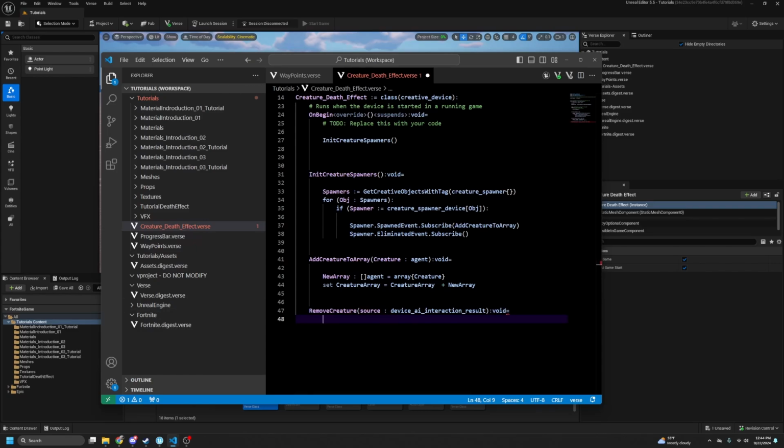So we need to spawn a new function, a new object, because we're going to be using suspends, because we're going to be using async functions. So when we suspend, we're going to be spawning a prop, and then this prop has to wait, say like 10 seconds. The prop is going to have the effect on it. The effect's going to play for 10 seconds, and then we destroy the prop because we only need to play the effect once. So we go spawn, and we spawn this thing. We go remove creature from creature array